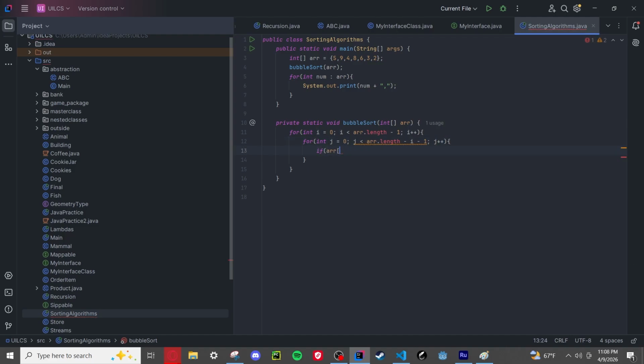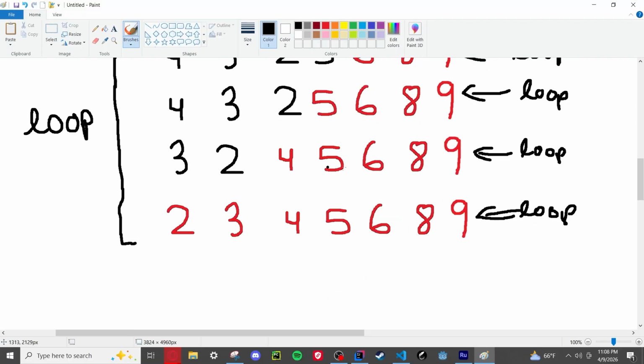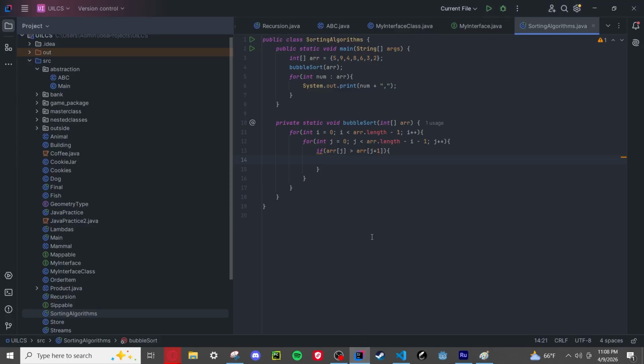And essentially all we're doing here is we're going to compare r of j, see if it's greater than r of j plus 1. If this is true, remember what we said? We said if it's greater, like in 5, 4, we want to bubble up, right? We want to go and move on. So what we are going to do is just store this as a temp variable. We're going to do basic Java sorting. And we're going to say r of j plus 1 is going to be equal to temp, and r of j is going to be equal to,